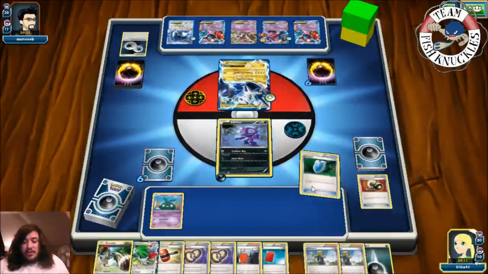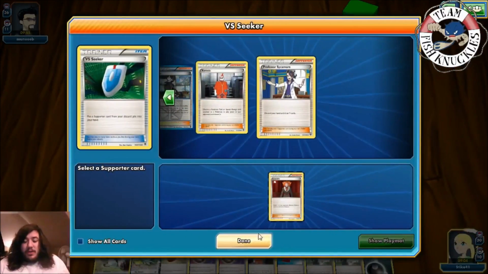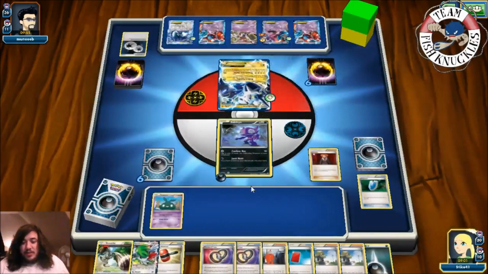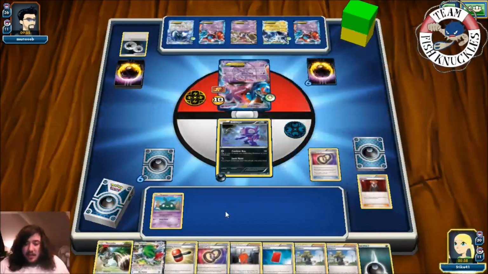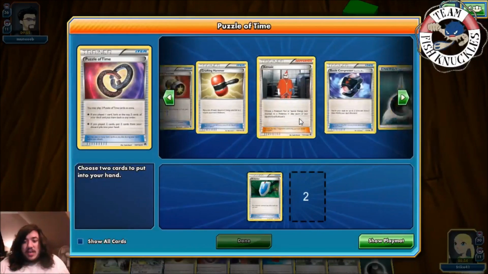Alrighty. We're going to VS Seeker. We're going to grab a Lysander. We're going to Lysander, bring up that Deoxys. Come back up here, Deoxys. We're not done with you yet. Alrighty. We'll play 2 Puzzle Times. Yes, and with this, we will get back a VS Seeker, and